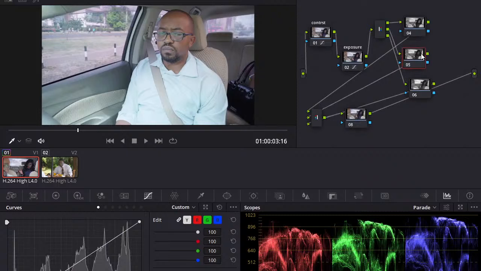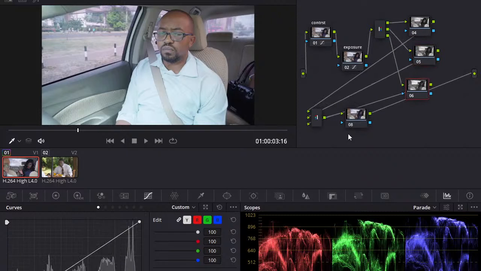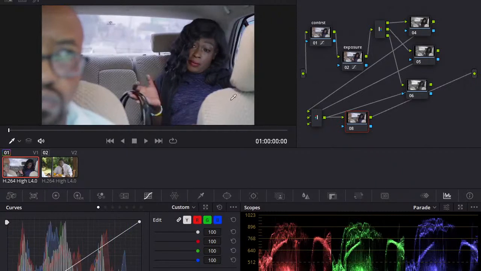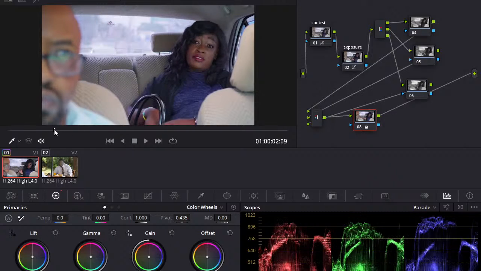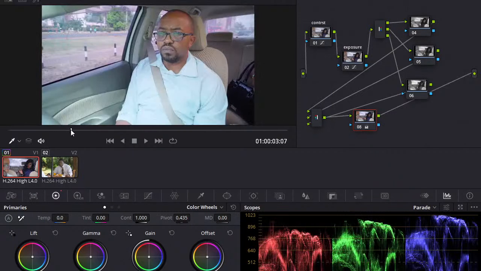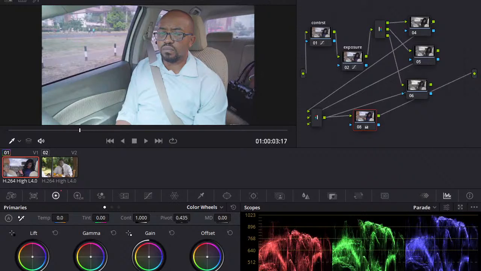So color balance, this is the red, green, and blue. If you want to take out the reds, for this image I would say it's kind of balanced, so I don't really need to take a lot of the colors out. So I'm going to bring back my saturation maybe to around something like 66, and because this footage was very flat, you can see already just from messing around with the curves there, the skin is already starting to come back.